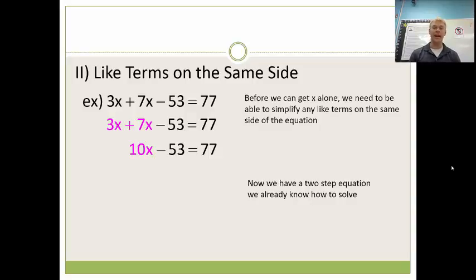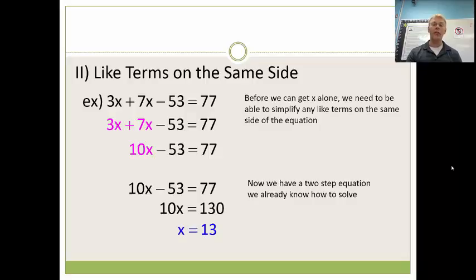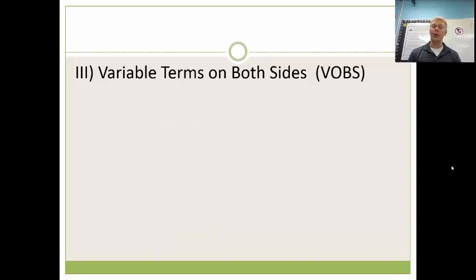7 plus 3 is 10x. Now it's a two-step equation, and we can eliminate the constant by adding 53, and we can eliminate the coefficient by dividing by 10. So the third complexity we're going to look at in this video lesson is variable terms